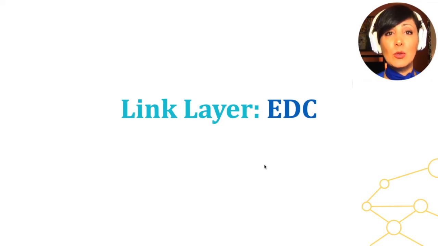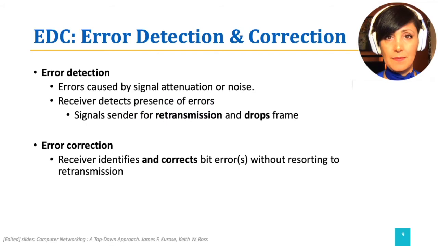Bit-level error detection and correction is necessary because errors that might be caused by signal attenuation or noise may change the bit values within a frame. Link layer does not want to deliver a datagram to a network layer to proceed with its end-to-end delivery if it's already known to have problems. Therefore, the receiver side of the link tries to detect the errors. After detecting the errors, either the frame is dropped and sender is asked for a retransmit, or it is corrected